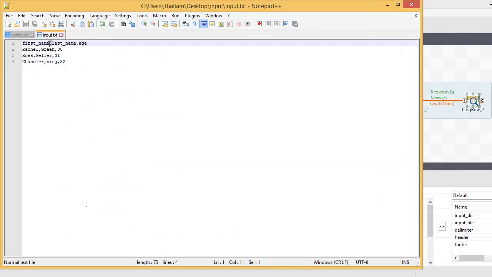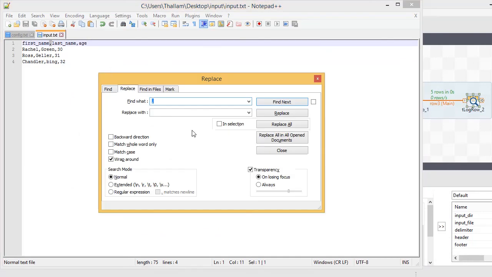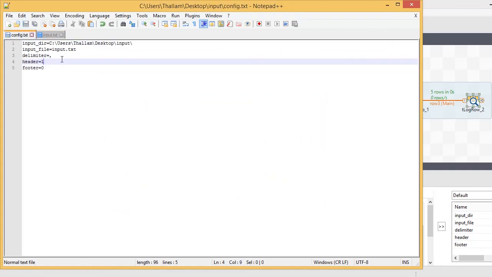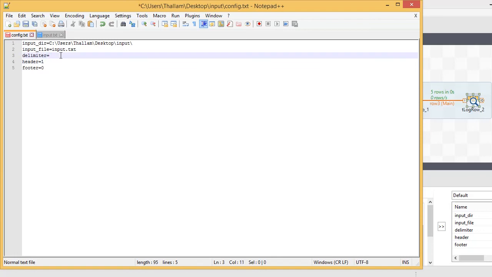Suppose your delimiter value is changed from comma to pipe. In this case, you just have to change your delimiter here in the config file. You don't need to change anything in your job.